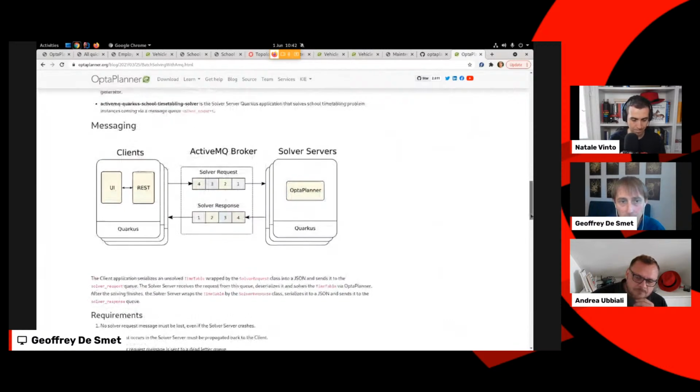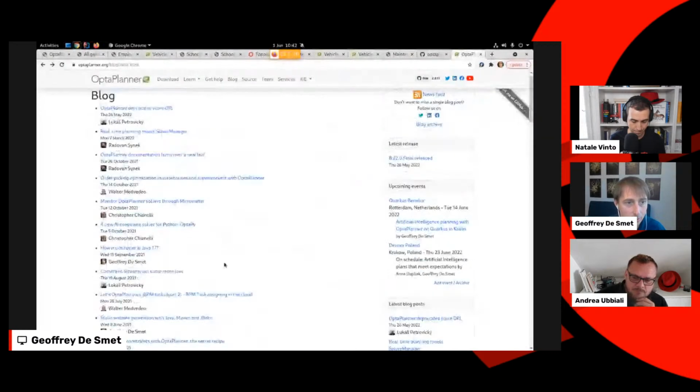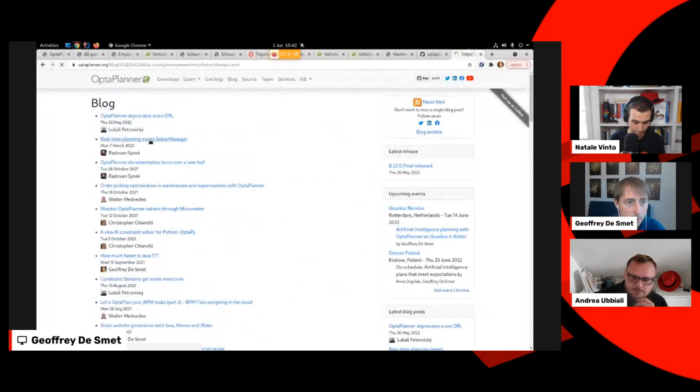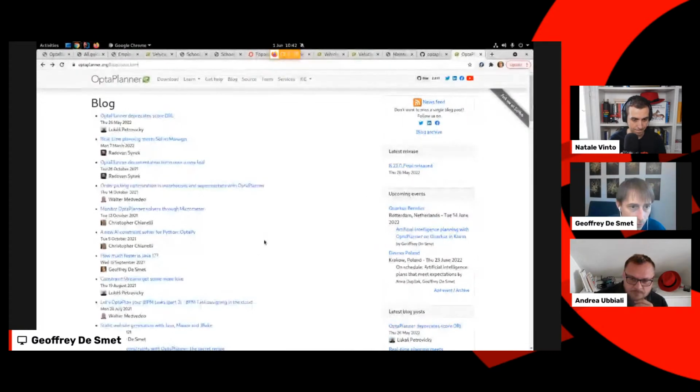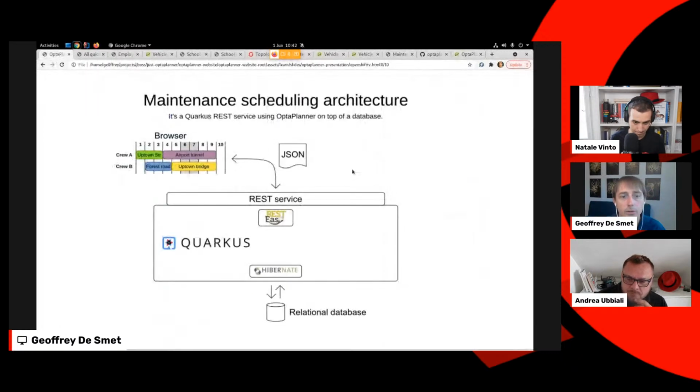But these days, we're also working on another thing. I wish I could show you today, but it's still under development. I don't have it public yet, but we're working on an approach where you have an Optaplanner operator for OpenShift, and then it will actually scale to 0.